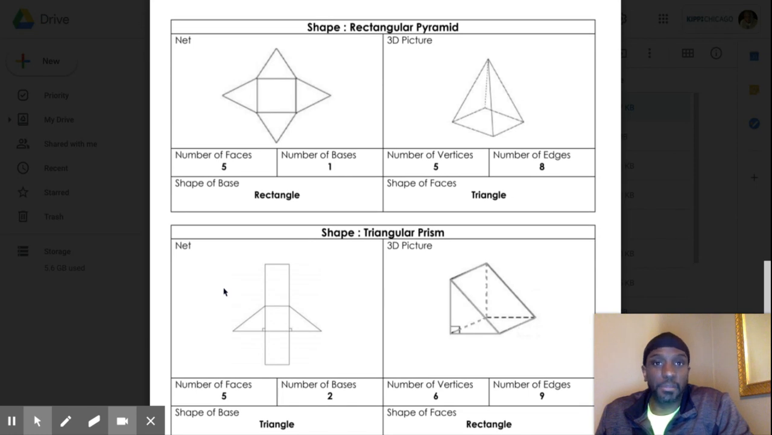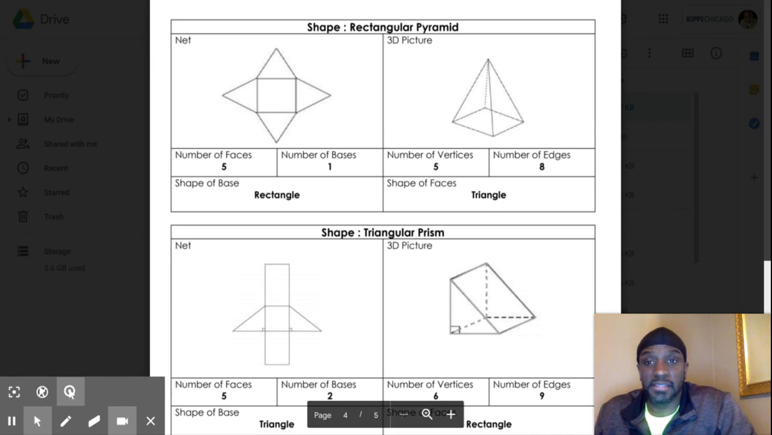This is a rectangular pyramid. It's a pyramid. Why is it rectangular? Because the base is the shape of a rectangle. Why is it a pyramid? Because the pyramid has 1 base. This shape has 1 base. Here we go. Now,